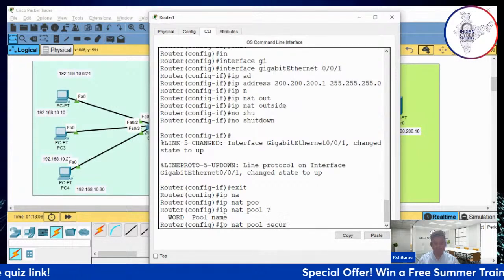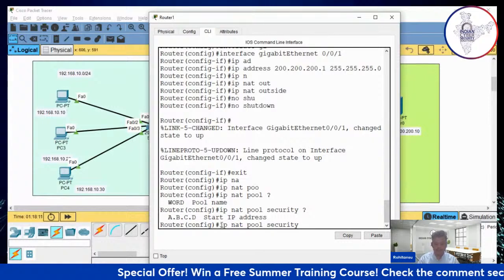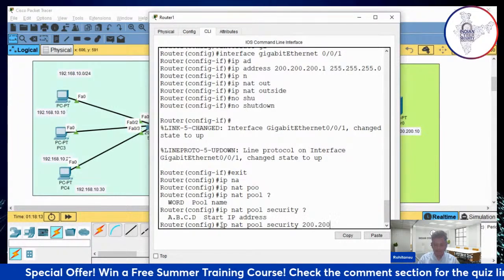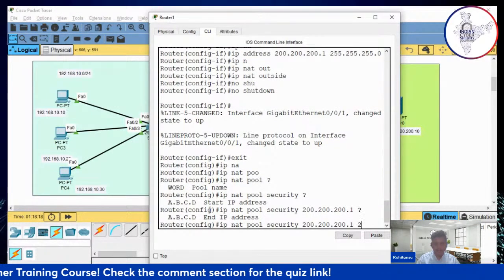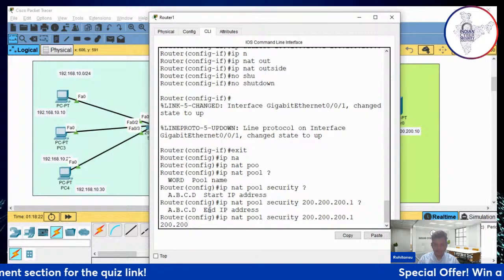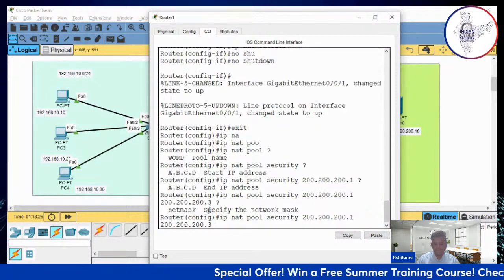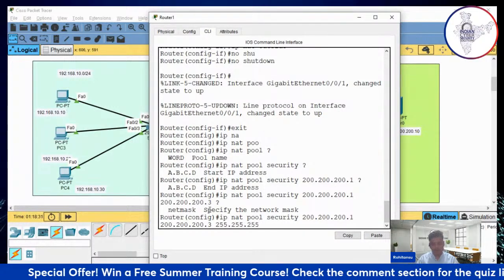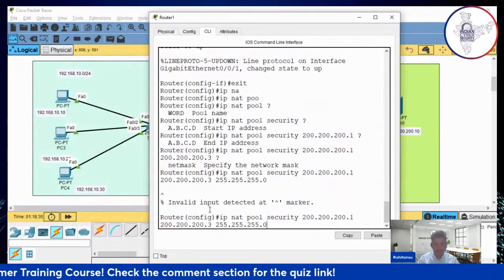Let's suppose the pool name is security. Start of the IP address is 200.200.200.1. End of the IP address, 200.200.200.3, question mark. Netmask 255.255.255.0. Invalid input detected.